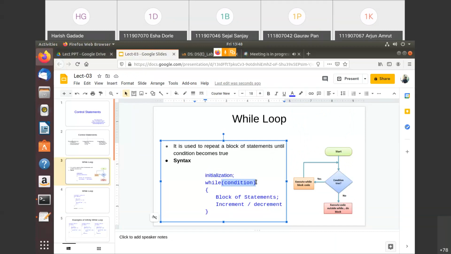Now keep in your mind, as we know in C programming, every statement has a semicolon, right? Each and every statement has a semicolon in C programming. But if you see here, the semicolon is not given at the end of this statement. Why have I not given the semicolon at the end of this statement?